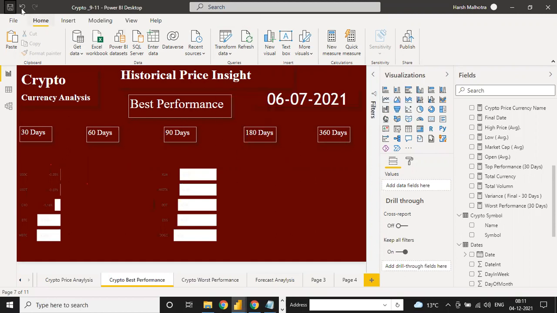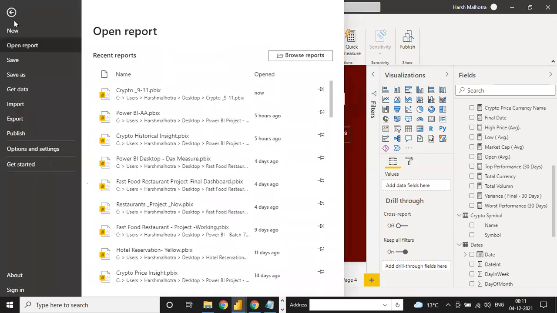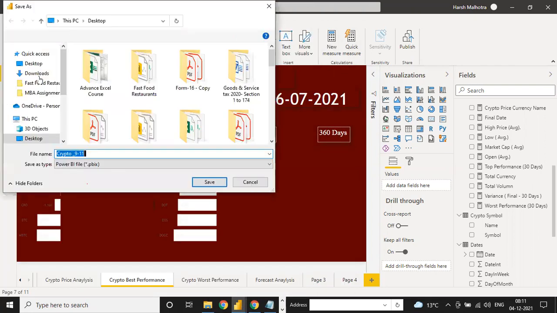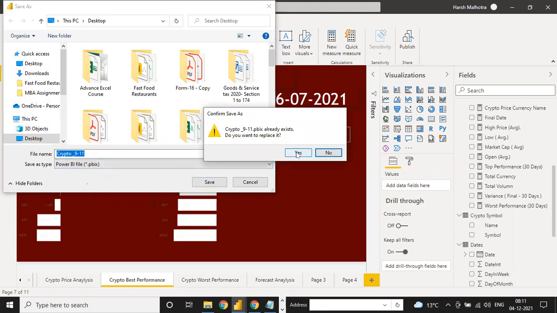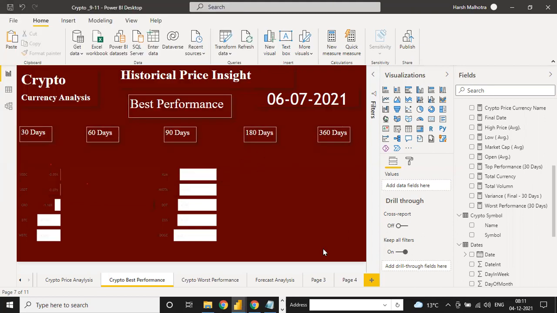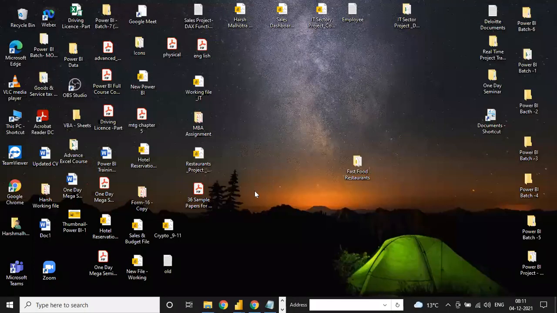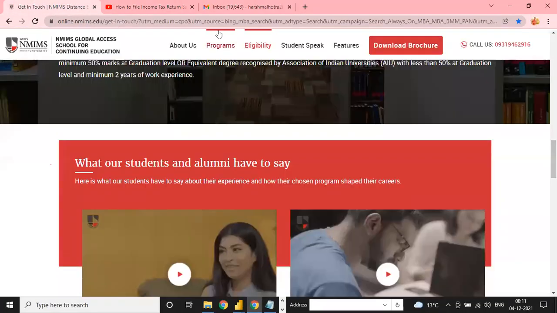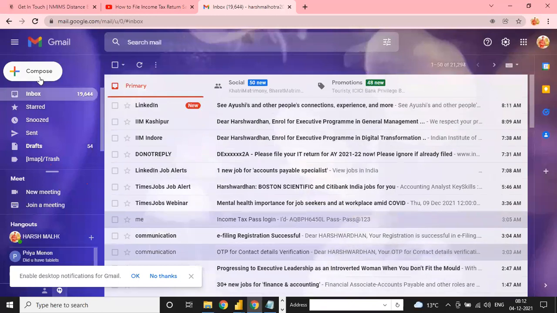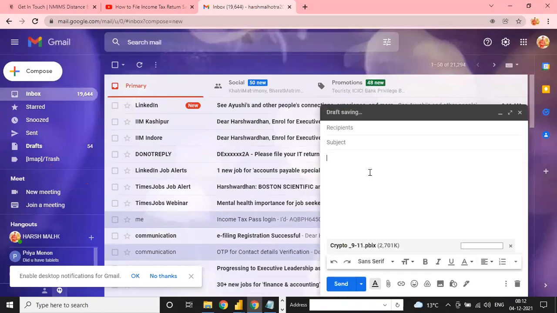Just a minute. And see guys, how to share your file to someone. Just click on this File button. Save as. I am saving this file to the desktop. Now see, this is the file. You have to just copy this file and open your mailbox, paste it here, and see, now it is an attachment. See, the crypto 90 PBIX file.